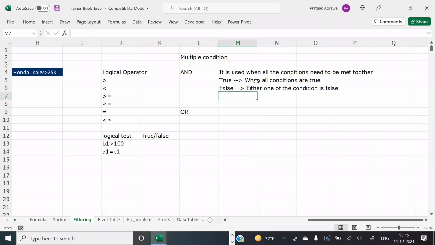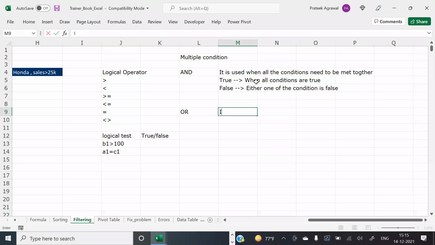Anytime you have more than one condition, the conditions are related using AND and OR. So true when all the conditions are true, false when either one of the conditions is false.